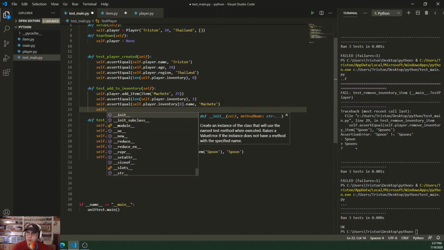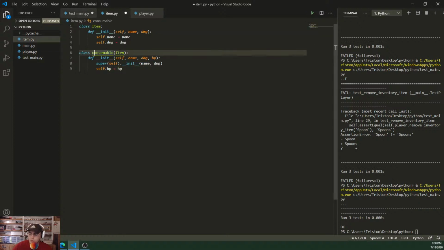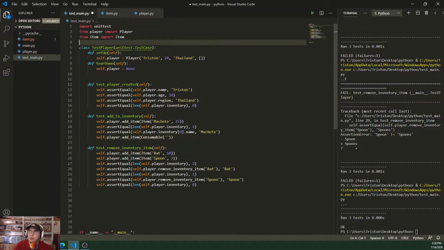So self.player add item, and then this will be not item, it'll be, what do I call it, consumable. Consumable. And this is supposed to be a capital C, like so. And then I gotta import. Can I import multiple things? Item